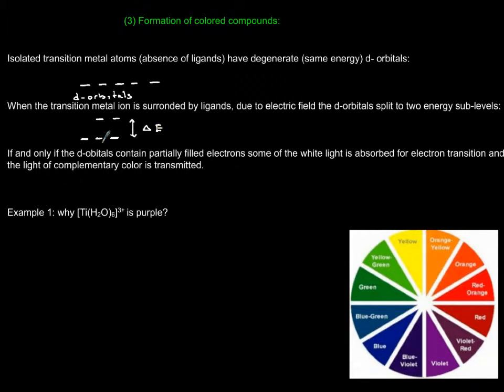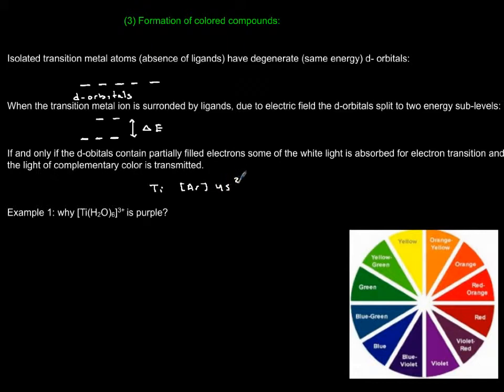Now the second attribute or requirement is that you have partially filled d electrons. If it's completely filled, there is no color. If it's empty, there is no color. Now let's look at one example. Why is titanium 3+ purple? If you look at titanium, its electron configuration is argon